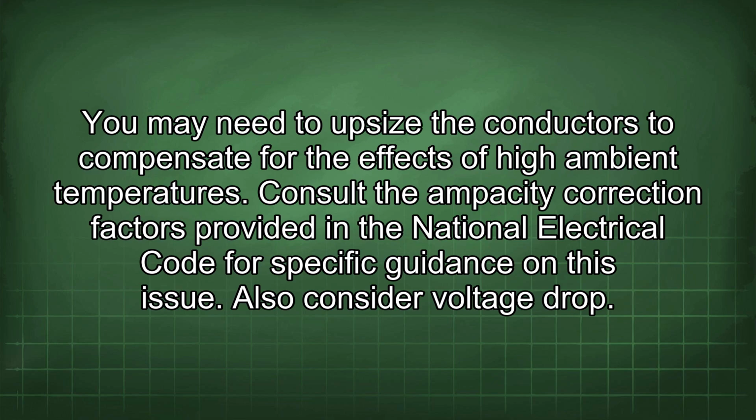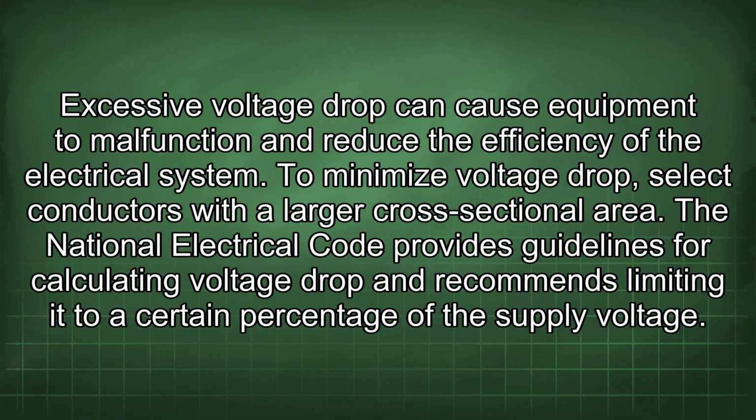Consult the ampacity correction factors provided in the National Electrical Code for specific guidance on this issue. Also consider voltage drop. Excessive voltage drop can cause equipment to malfunction and reduce the efficiency of the electrical system. To minimize voltage drop, select conductors with a larger cross-sectional area. The National Electrical Code provides guidelines for calculating voltage drop and recommends limiting it to a certain percentage of the